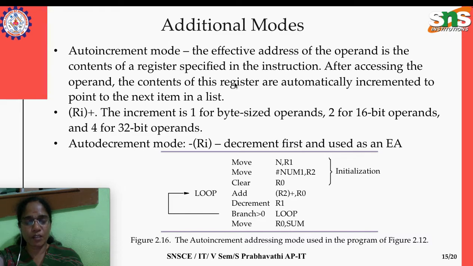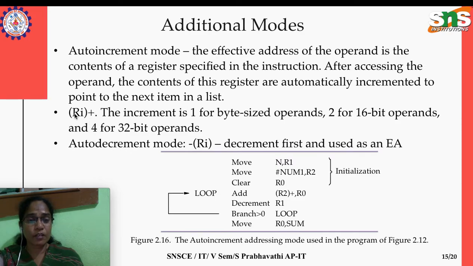It will automatically give the next address by incrementing 4. Similarly, if it is 2 byte addressable, the register will automatically increment its value by size 2. Okay, so this is the symbolic representation of auto increment. Here Ri represents any general purpose register. The bracket indicates the register content is the memory address, not the operand value. The memory address is automatically incremented, so that's what the plus sign shows.